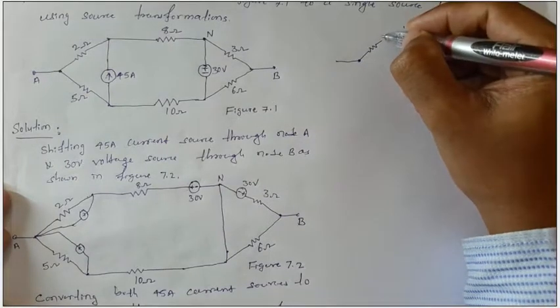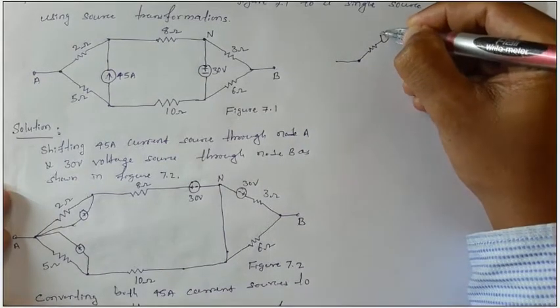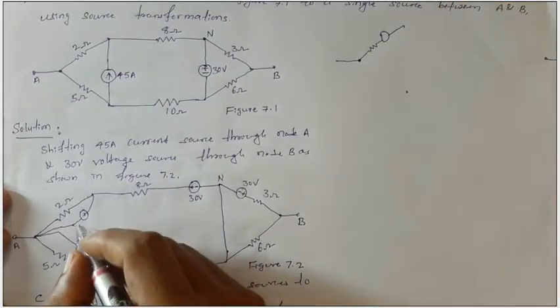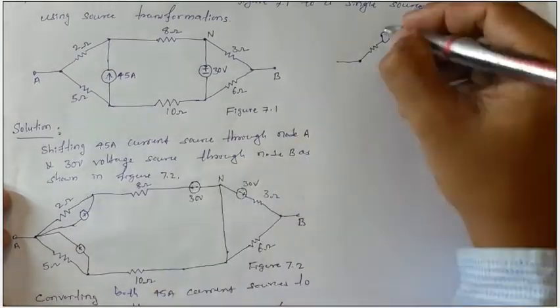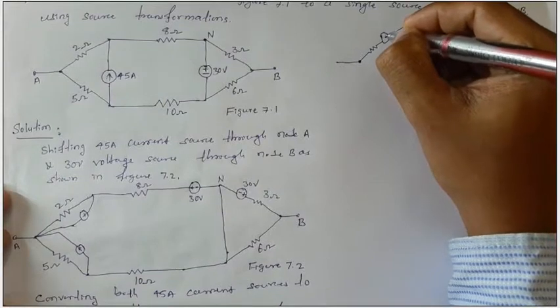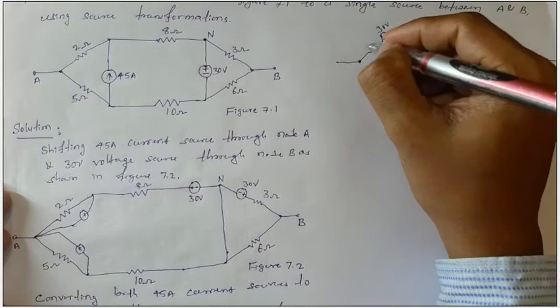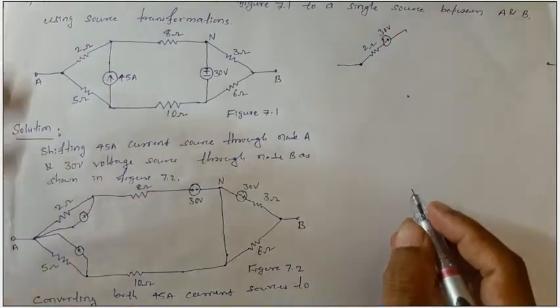Okay, say here voltage source. Because the direction of current is upward, this is positive and this is negative, it is 30 volts and this is 2 ohm. Similarly,